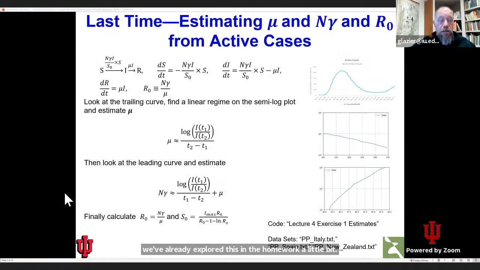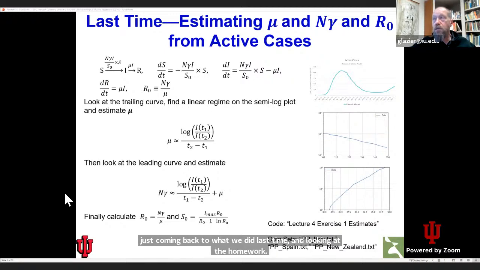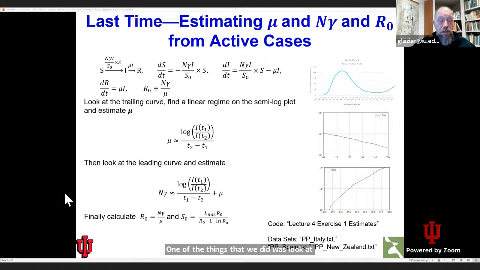So just coming back to what we did last time and looking at the homework, one of the things that we did was look at the active case numbers early in the epidemic. One could also look at the new waves of the epidemic. Actually, it'd be interesting to compare the numbers that you get from the first wave of the epidemic with the numbers you get from subsequent waves. We looked at the